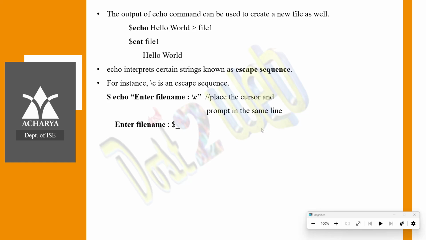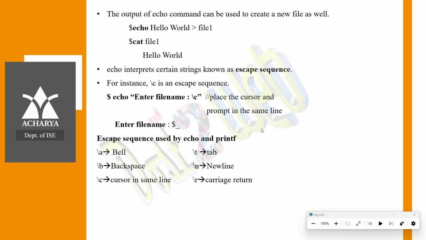And there are escape sequences used by echo and printf, like backslash a, backslash t, already you have used backslash b, backslash n, backslash c, backslash r, backslash t, backslash v, and backslash backslash, that is the backslash. So, these are the escape sequences that you can use if required, if you want to give any formatting style. That purpose only we will be using.